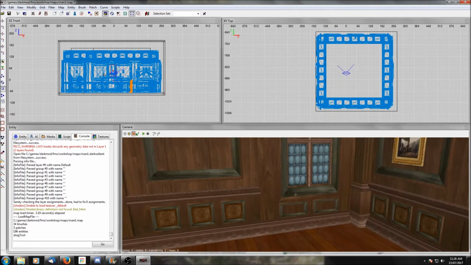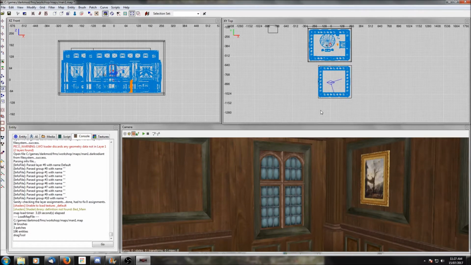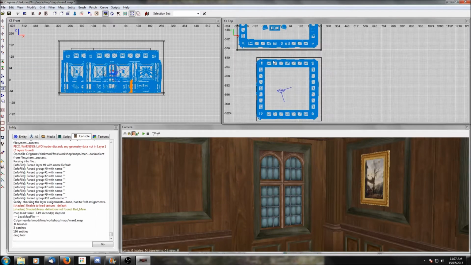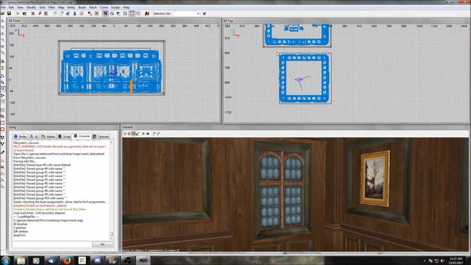Alright, so we have our room more or less complete now. Let's do our ceiling brush around here as well. I'm just going to check the grid. Oh yeah, see, I have a lower grid than I should be for building anything with brushes. So I'll put it back up to 8, and I'm going to make